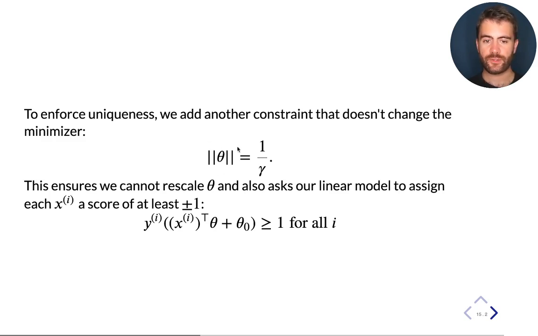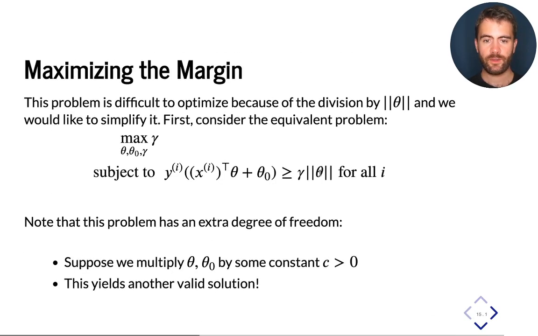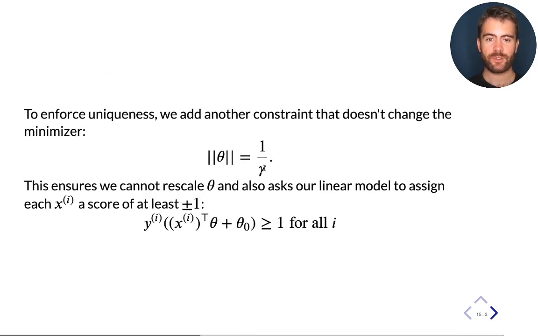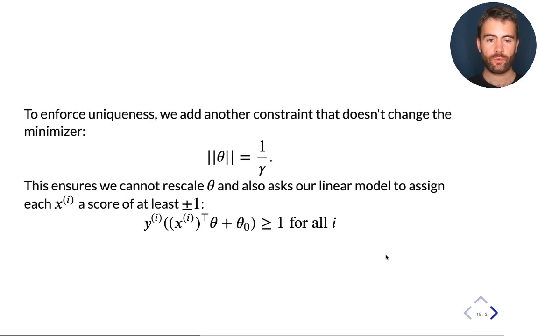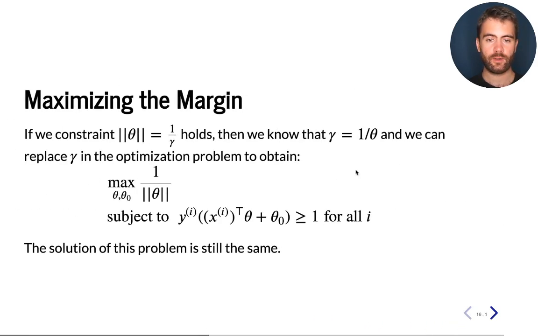And now if I add this constraint, then my problem simplifies. This also specifies that gamma equals 1 over the norm of theta, and I can just plug this definition of gamma into this optimization problem, which means that this side here simplifies to 1, and this gamma becomes 1 over the norm of theta. So essentially, plugging in gamma equals 1 over the norm of theta into my optimization problem,